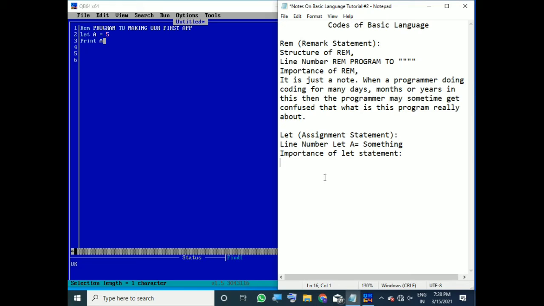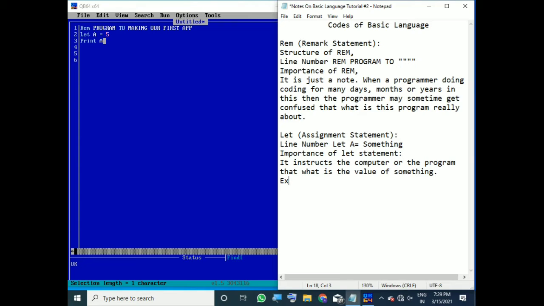The importance of the let statement is that it instructs the computer or the program what the value of something is.